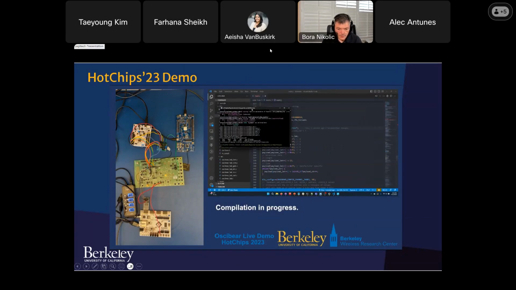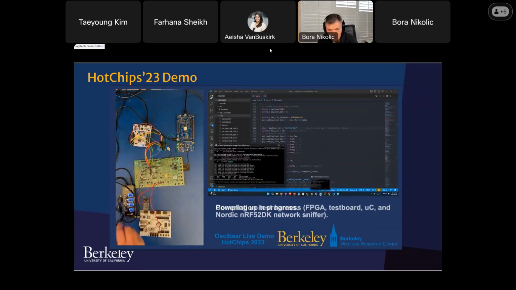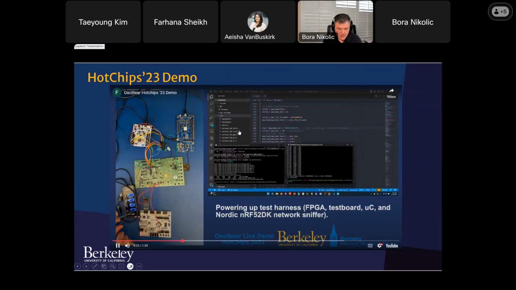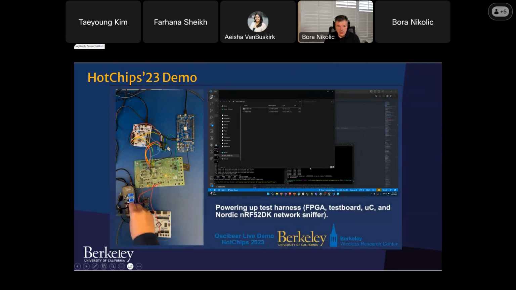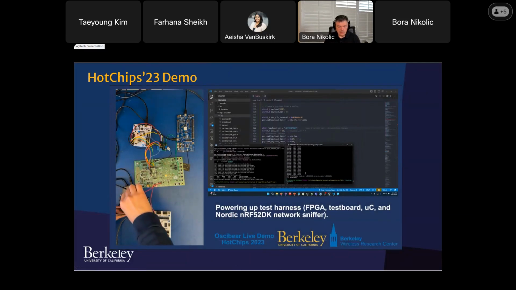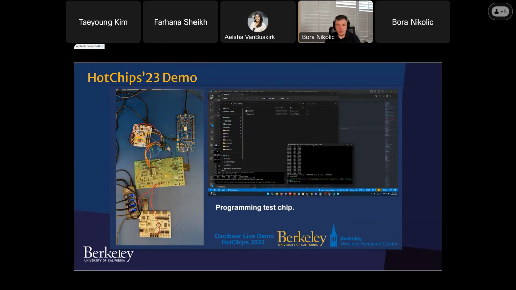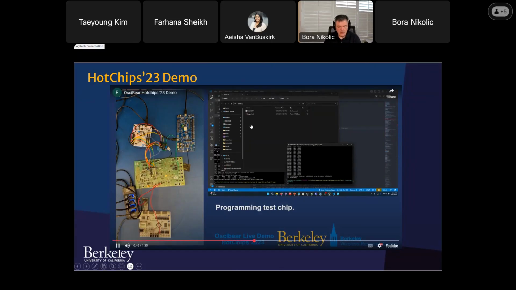And although we practiced it, the audio is not coming through. But what you can see is essentially a demonstration of this chip compiling packets, and the FPGA doesn't do anything. It just essentially helps the chip boot. What you see here is a programming of a test chip that takes a little while,